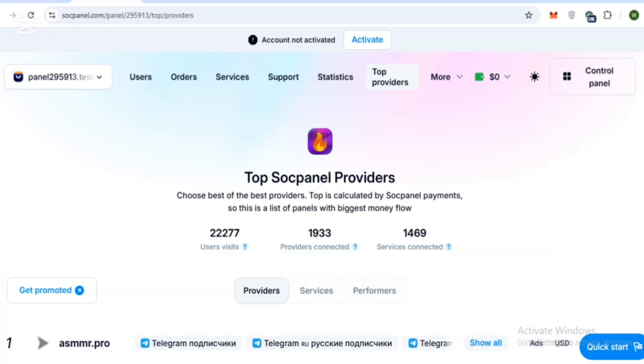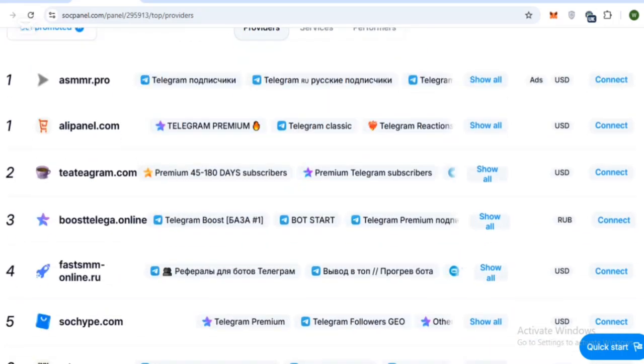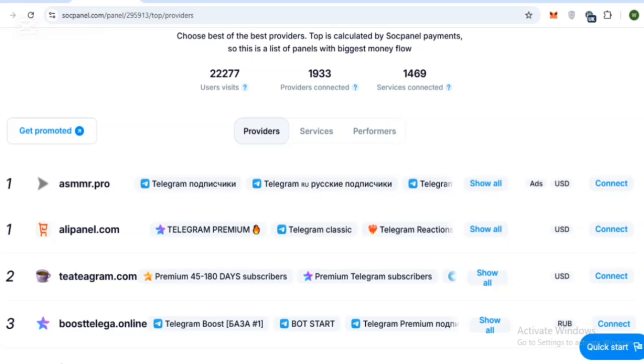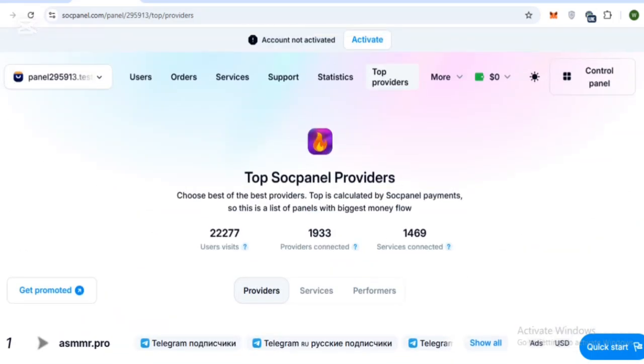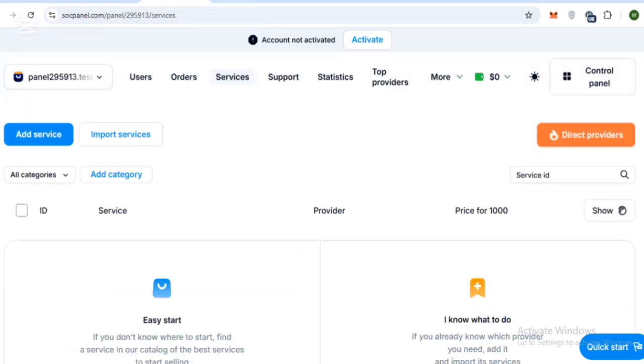So next is the payment system and its amazing offer. Here you can set up payment system gateways like PayPal, Stripe and crypto, and next is the design setting. You can choose designs of your own and you can get amazing features. So here you can check the dashboard, top SOC Panel provider, and here is another amazing feature.